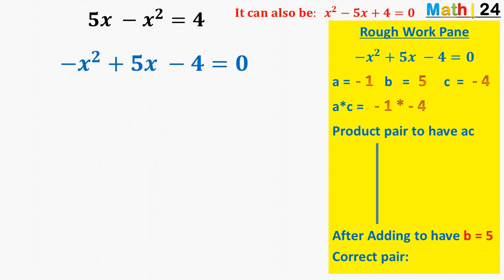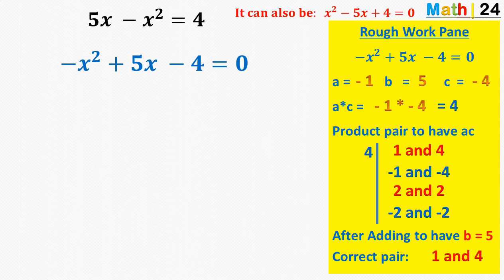So our AC is equal to minus 1 times minus 4, which gives us plus 4. Pairs of factors of AC that when you multiply, we have 4. We have 1 and 4. We have minus 1 and minus 4. 2 and 2. Minus 2 and minus 2. When we add, we have 1 and 4 to be the correct pair of factors, since our B is equal to 5. Now moving back to our equation, we have minus x squared plus 1x plus 4x minus 4